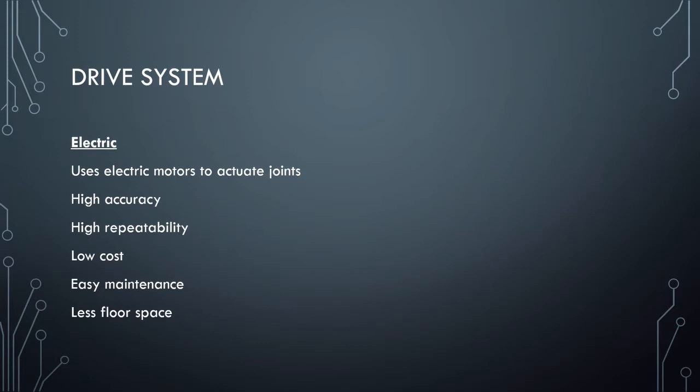These electric drive systems typically have high accuracy, so they can be very precise. They can move the robot to a precise location because of the precision of the motors. And they also have a high degree of repeatability. So what that means is if you are targeting X